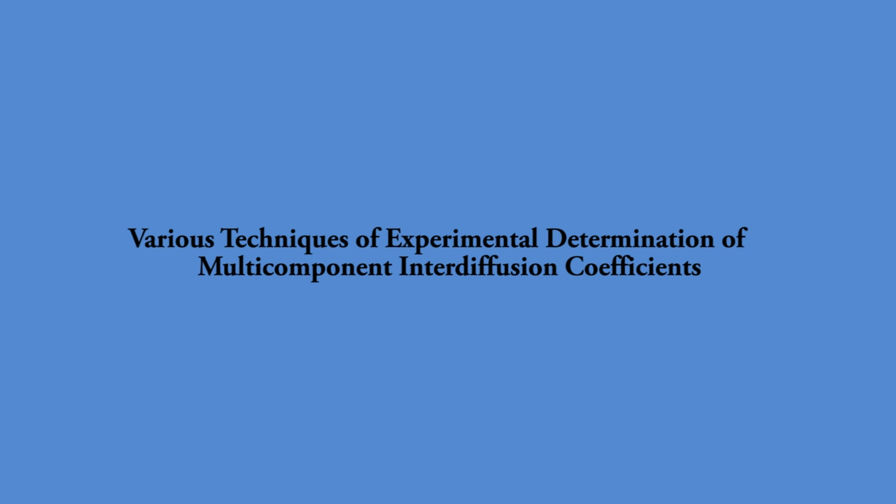In this lecture, I have discussed various techniques for determination of interdiffusion coefficients in ternary and higher order systems. First, I have explained Kirkcaldy's approach of ternary diffusion couples with intersecting diffusion paths. Then, I have explained how body diagonal diffusion couples help in extending Kirkcaldy's approach to quaternary and higher order systems. I have also explained a few techniques that help in extracting at least some of the interdiffusion coefficients in multi-component